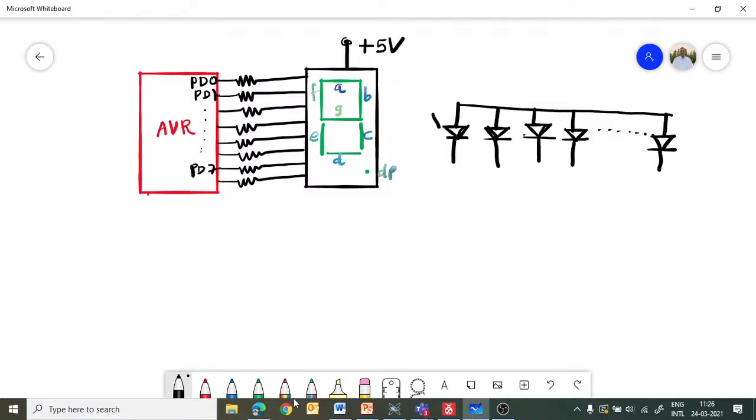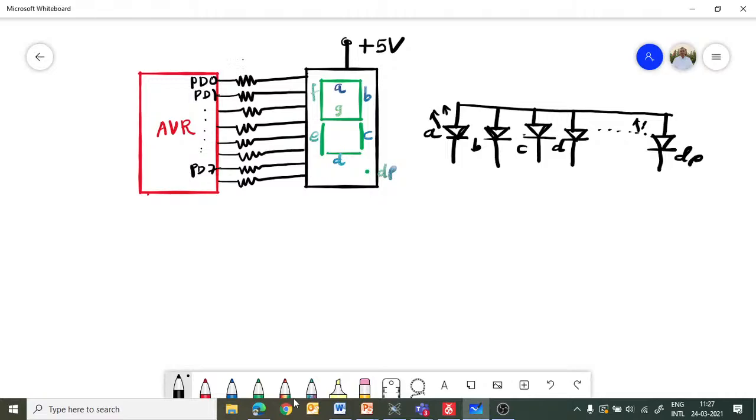So these are the different LEDs. This LED corresponds to segment A, this to B, C, D, E, F, G, and again the dot point. So a total of 8 LEDs are connected and arranged in this way.